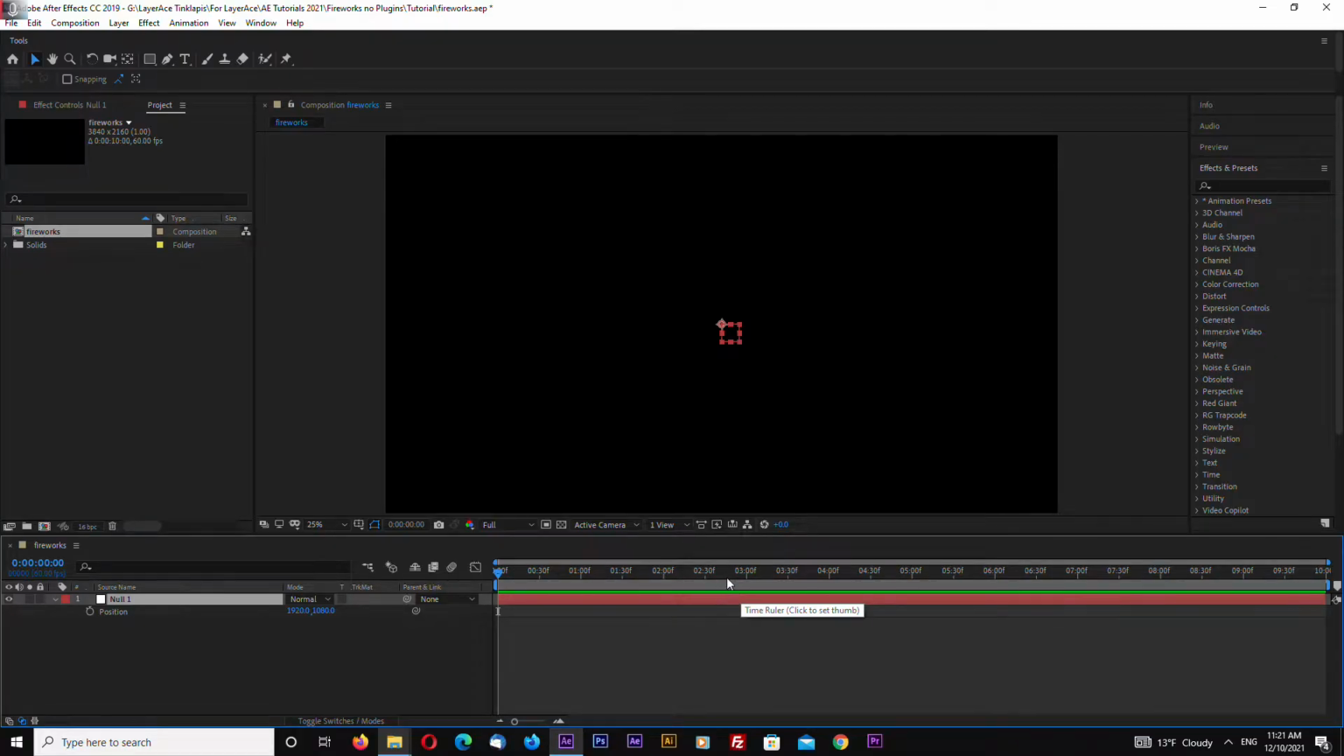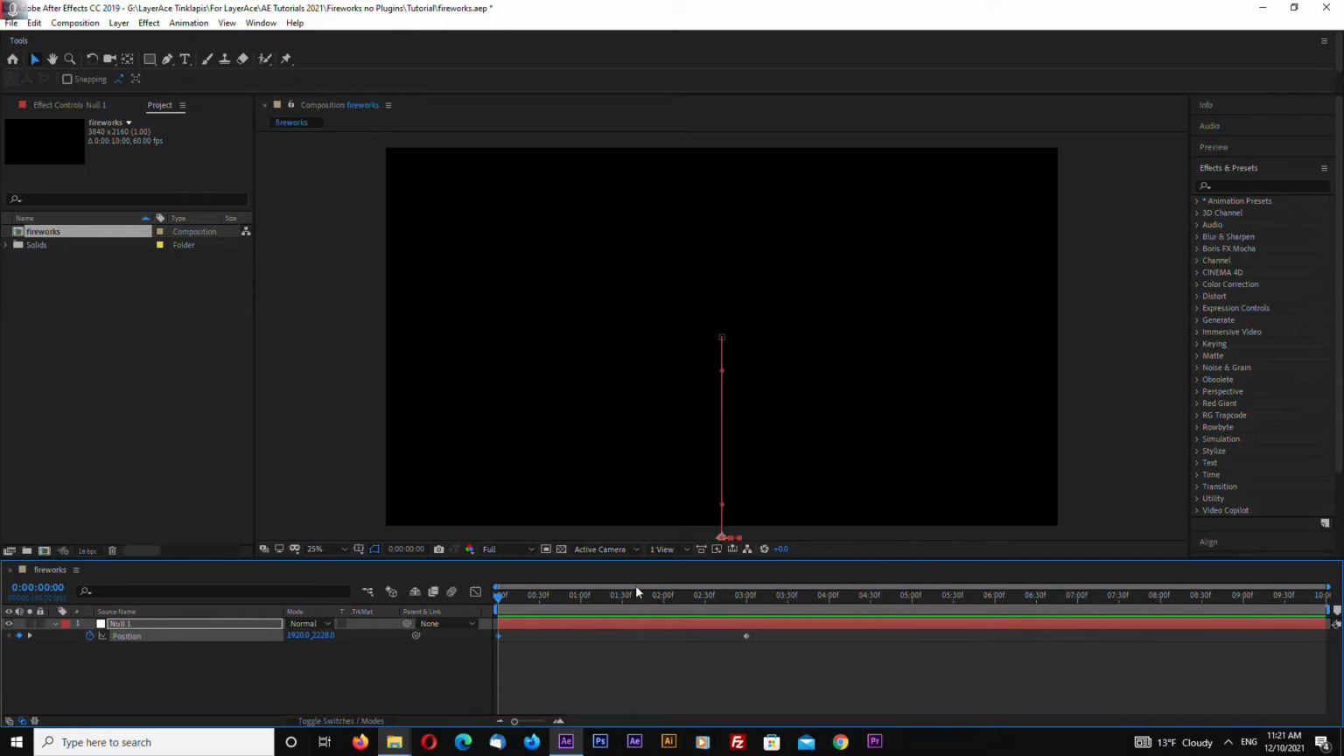Let's go to frame, so 3 seconds in the timeline. Let's go back to the start and bring it down with the null object so it moves like this. Okay,